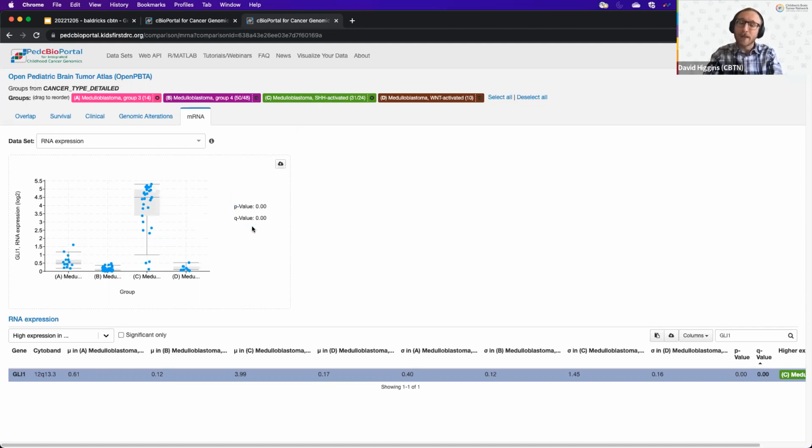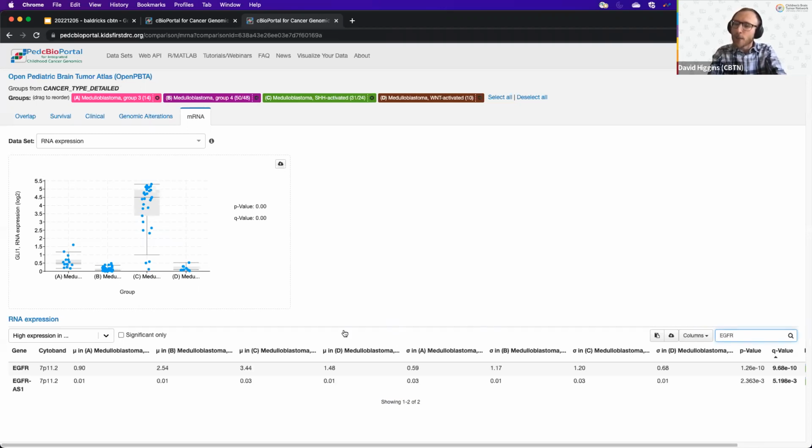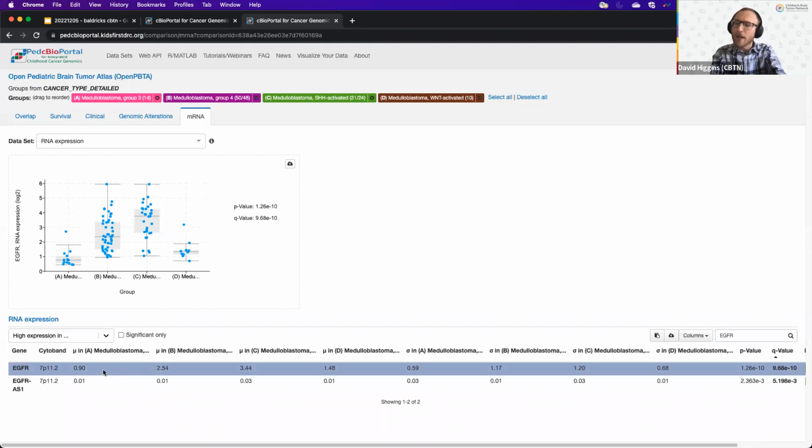It's highly significant. Hopefully by demonstrating how easy it is, I just typed in the search box the name of my gene. It's very easy to search and explore. If you have additional genes that you're interested in, or your particular gene of interest, you can very easily search and compare across these different tumor subtypes. So there's my example of looking at different gene expression within the CBTN